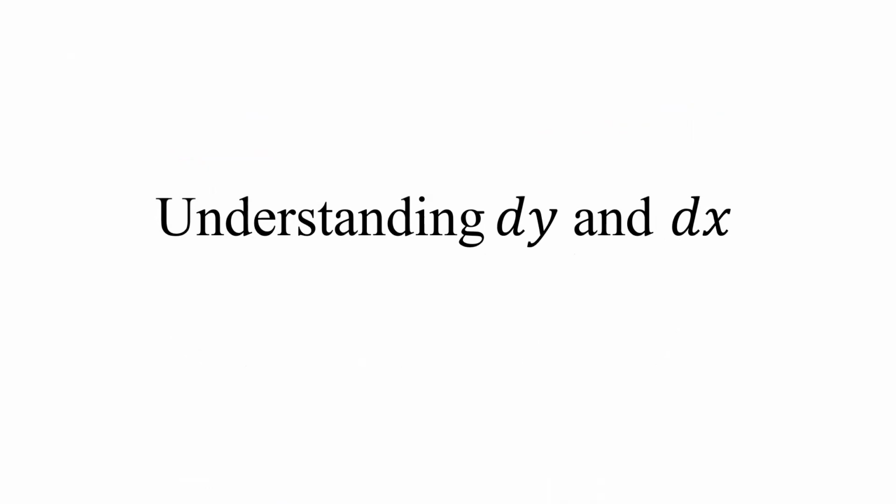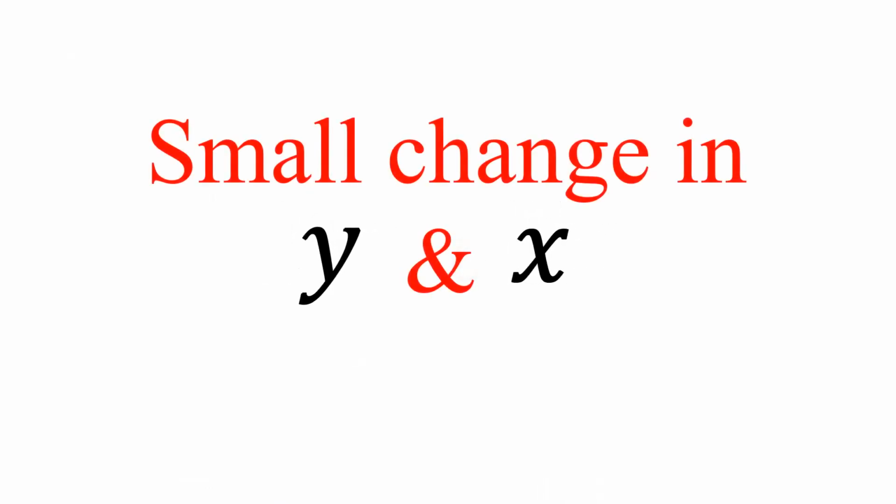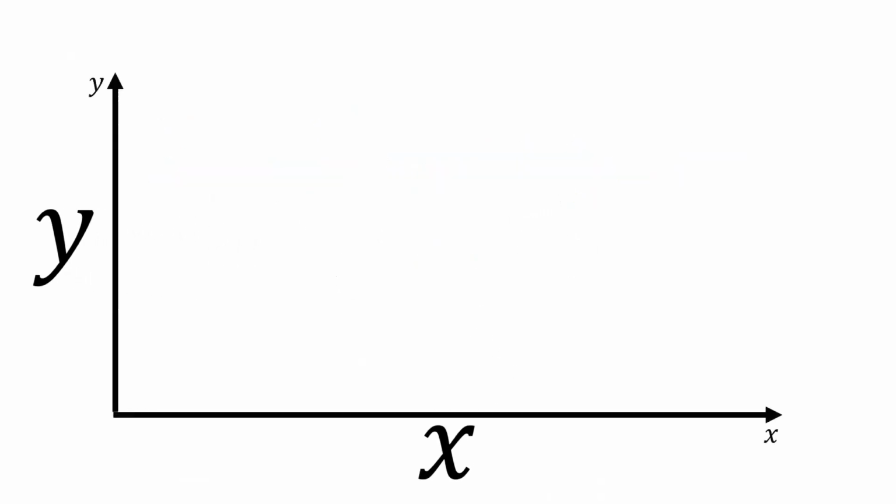Okay, so first thing to understand is that calculus is a game of change. In order to understand what dy and dx mean, we must know that calculus revolves around change. It looks at how a function changes according to x, how fast the function changes, etc. And consequently, we have these two things, dy and dx, which basically just mean small change in y and x. So to better understand it, let's get back to the old days of where we just learned about linear